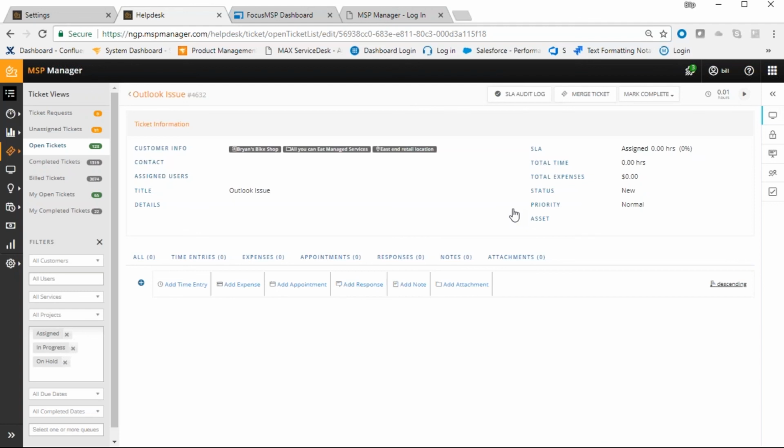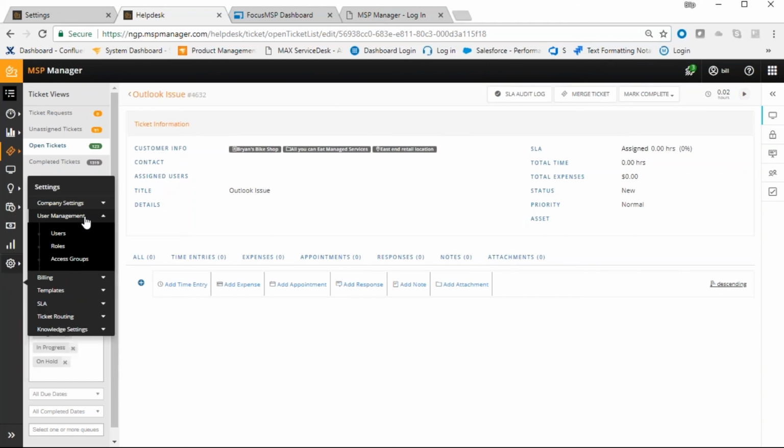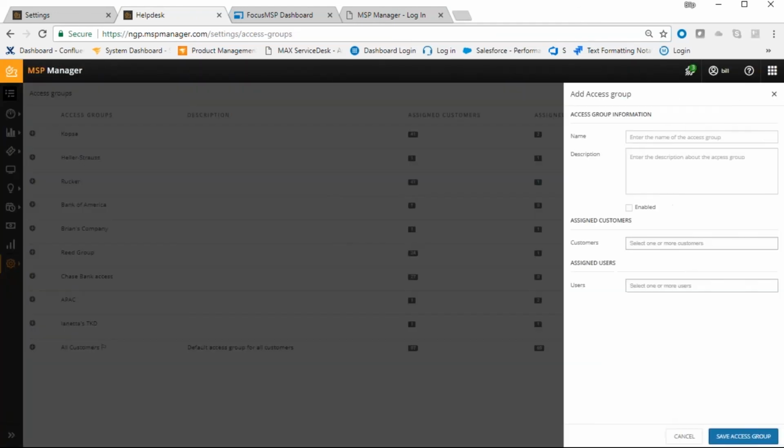As it stands today, there isn't a way to do a disallow rule, but you can accomplish that by just doing allows. You can also accomplish that with customer access groups. So in the settings side of things, under users, under user management, I've got access groups. Very similar, for those who are familiar with RMM, you can actually create an access group that includes a